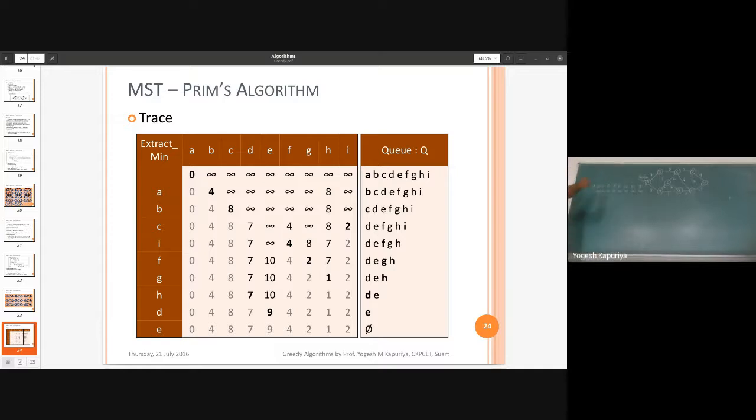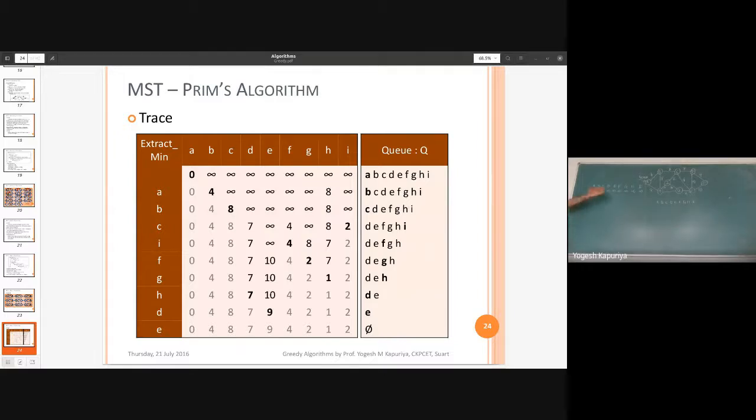So the first vertex will be your source vertex, and for that the key value will be 0 initially. Then you will insert everything inside the priority queue. Now we have inserted everything inside a priority queue. Visually we can say that now my queue contains A, B, C, D, E, F, G, H and I. Now we will extract one vertex from the queue, and it's a min priority queue.